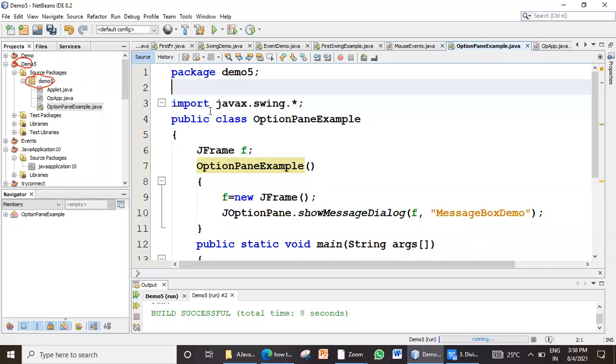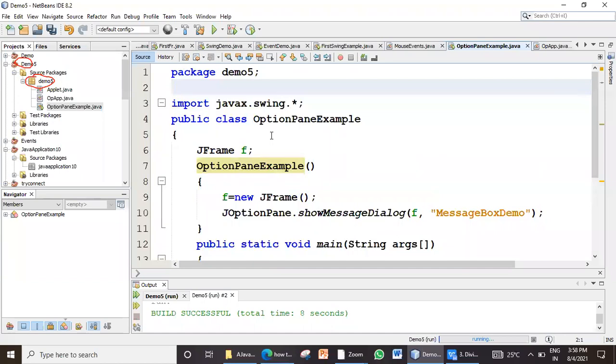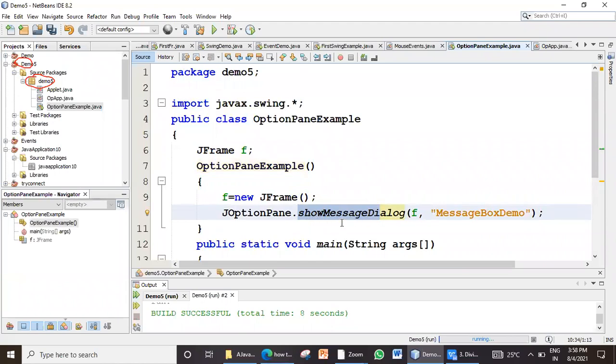Clear? This is a small thing, but it will not execute your program if you have done this. Clear? So this is what I observed. And one more thing I observed today is most of the students are making mistakes in naming these methods like keyPressed, keyTyped. Method names should always begin with lowercase. They are typing uppercase.